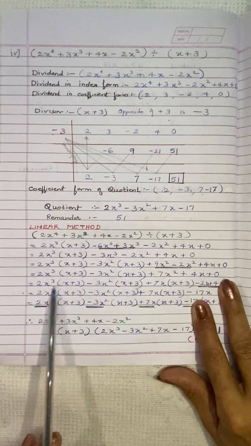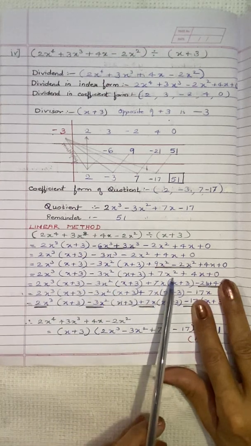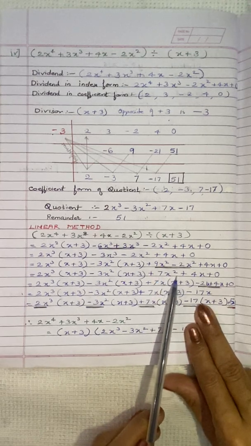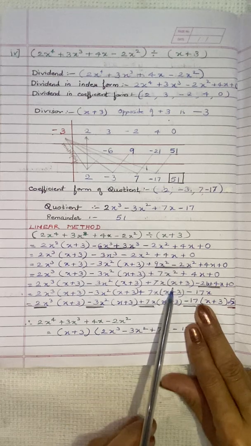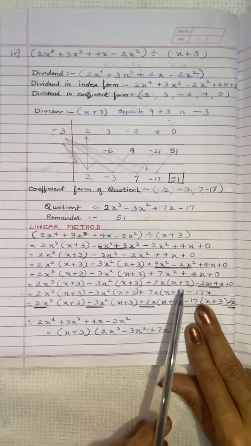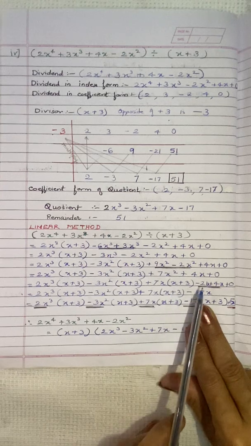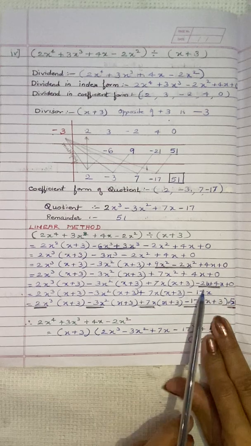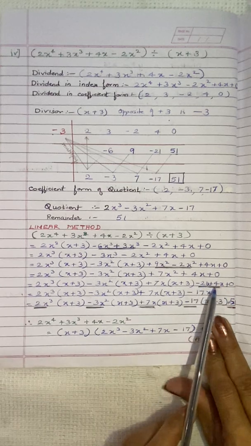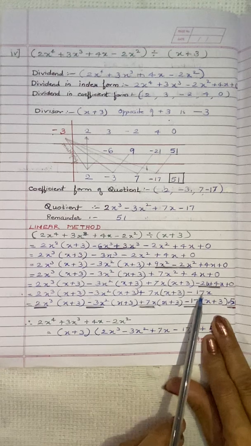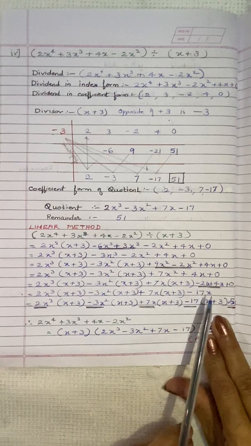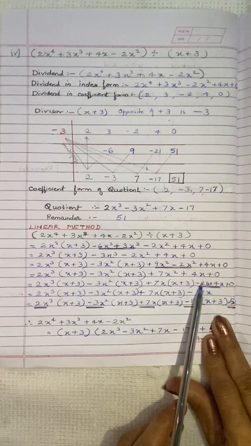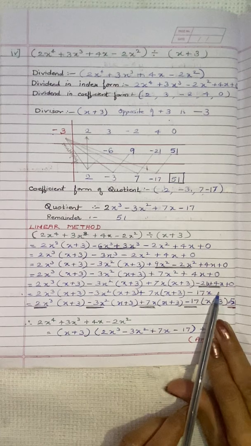Now next, again copying the same terms as it is. Now 7x square we will split into x into 7x, and we will replace x by x plus 3, the divisor, and 7x multiplied by 3 is positive 21x. We will change it to negative 21x, and 4x plus 0 as it is we will copy down. We have got here like terms, so negative 21x plus 4x will give us negative 17x. This is positive, this is negative. Find the difference. Negatives are more units, so negative 17x and plus 0.